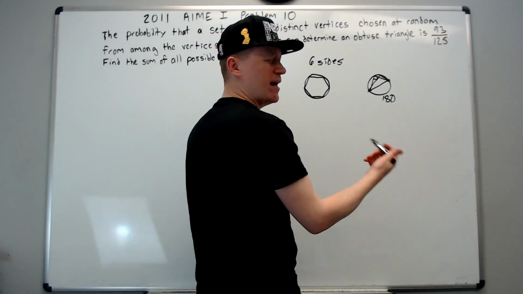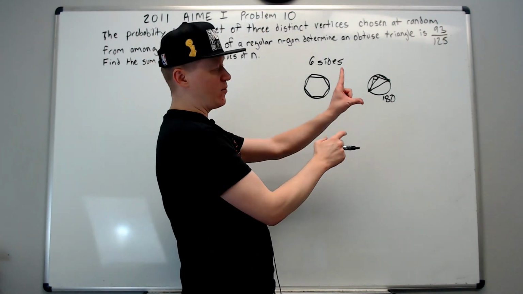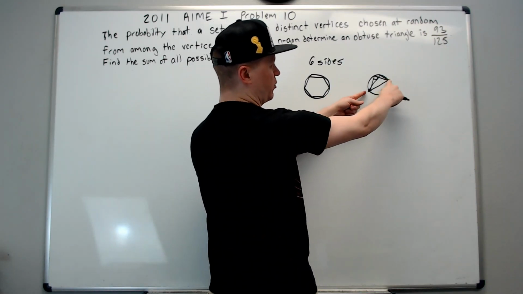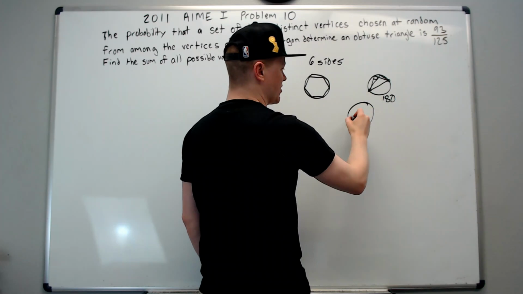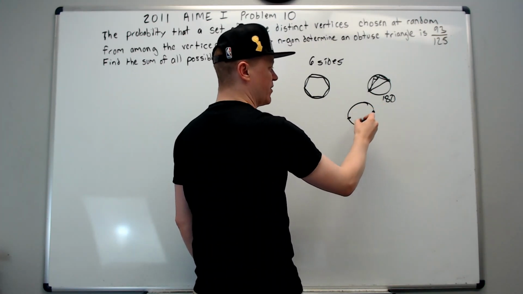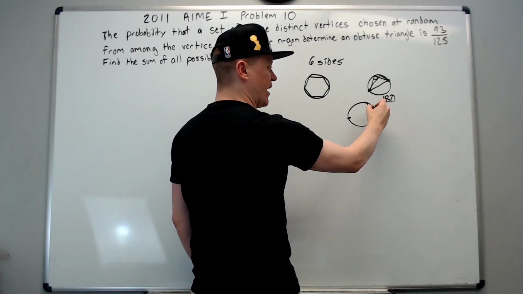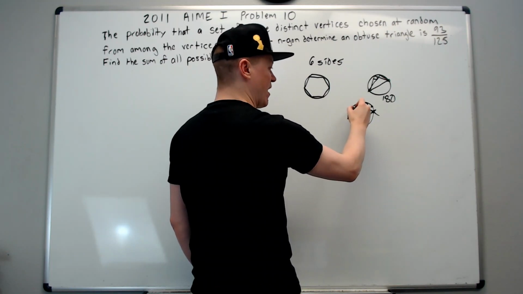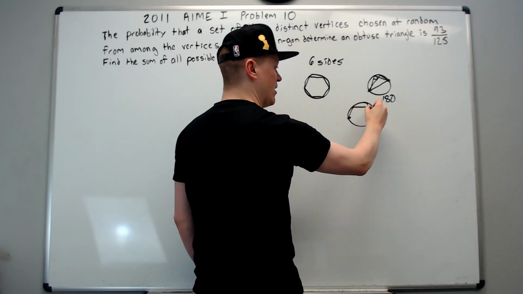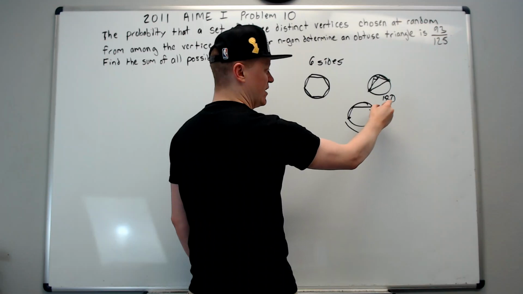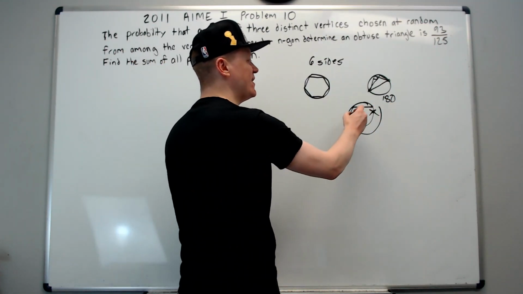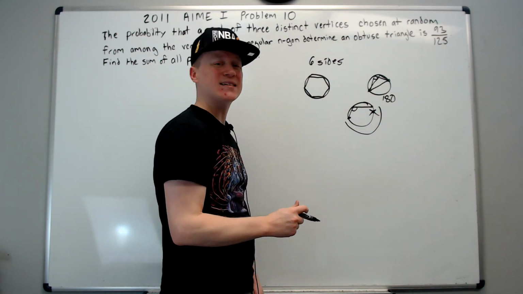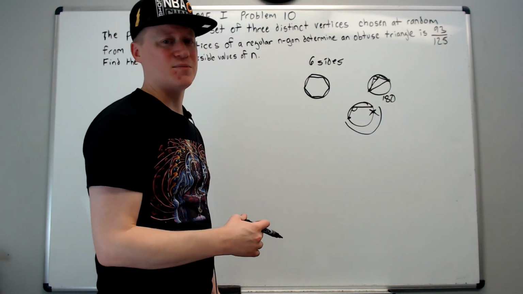Well, to be obtuse, I need to open that right angle up. So I need to pull this point back a little bit, which means on my circle, if this is the endpoints of a diameter, I don't want this point, I want a point like here and another point here, for instance. Because this arc now is more than 180. And since it's more than 180, the inscribed angle it creates is necessarily going to be obtuse.